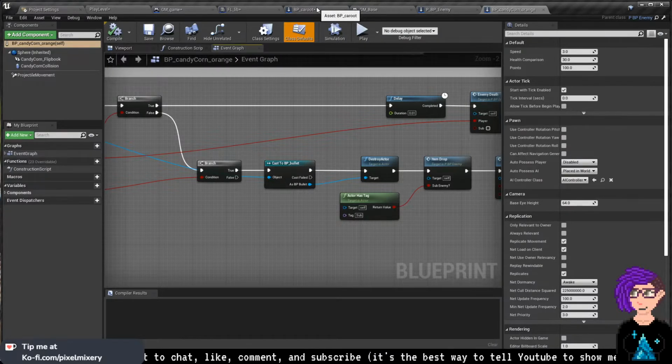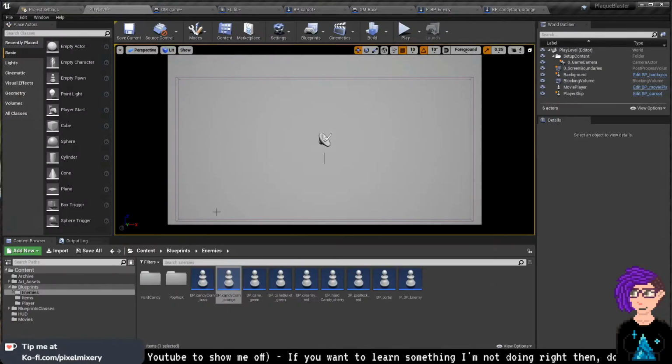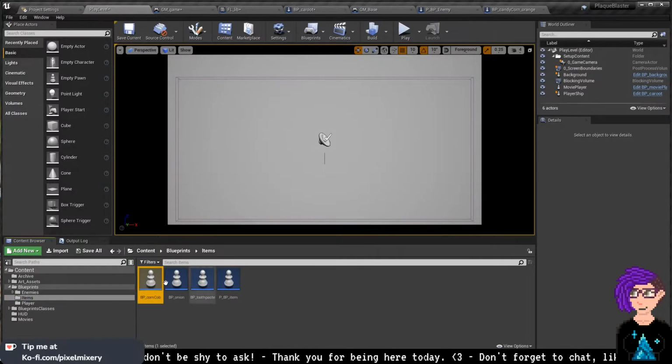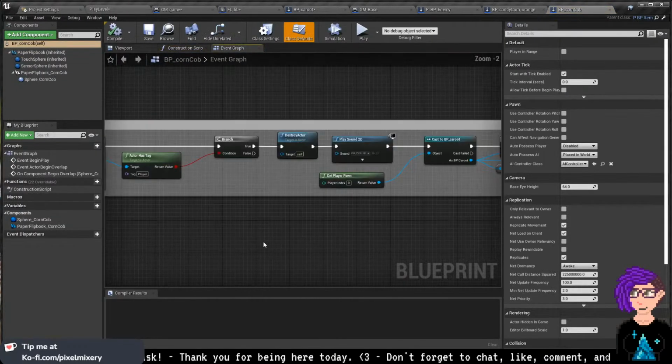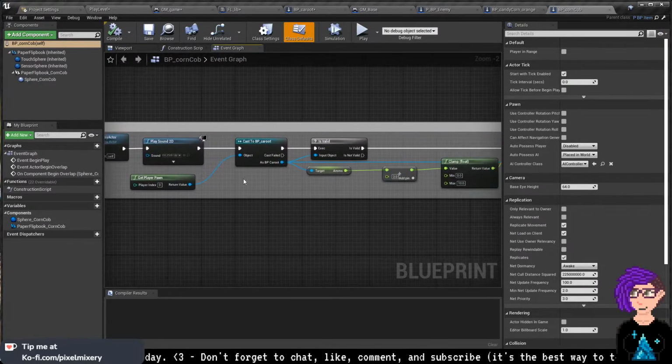Alright, so it's funny because I put in the time to learn this function library and I can't even think of ways to put it to use. Alright, so we don't need to worry about that. Okay, in that case, each of the enemies are as efficient as I can reasonably make them, I think. How about my items? Did my items do anything? Ah, there we go. This is probably where it has tag player, get player pawn. There we go. So this is one of those situations where I can probably use that function that I made earlier. And,